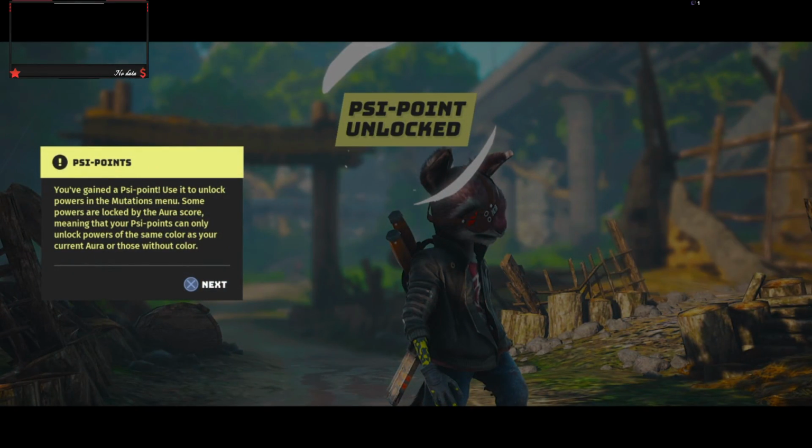Side point. I hate the lag, and I really wish I got into next gen, but you know, I can't always have the best things at the best times. You gain a point. Use it to unlock powers in the mutation menu. Some powers are locked by an aura score, meaning that psi points can only unlock powers of the same color as your current aura, or